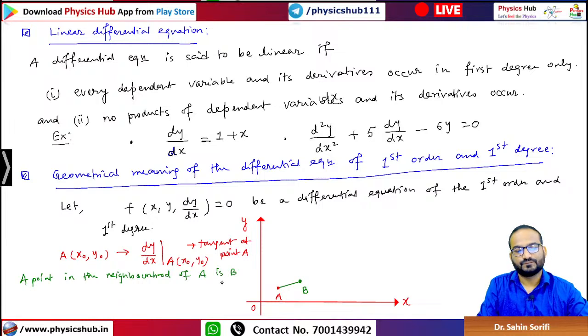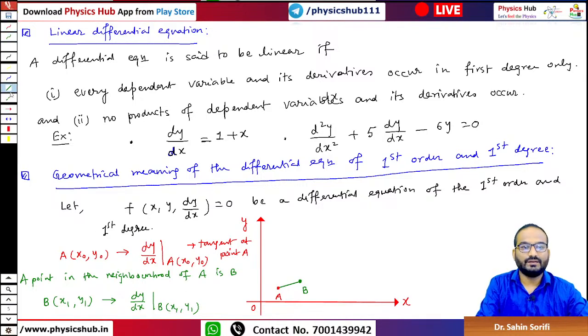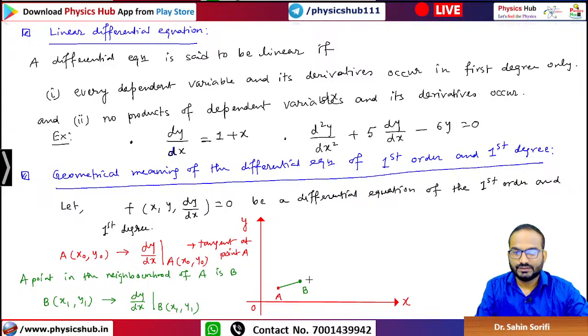Now let's say B has a coordinate x1, y1. Once you know x1 and y1, we can put the values of x and y in this expression of f of something equals to 0, and from there we can find out the tangent value at that point, right? And once you get this, this will again give you the tangent. So let's say the tangent is like this,